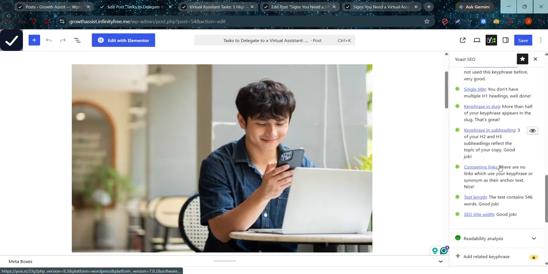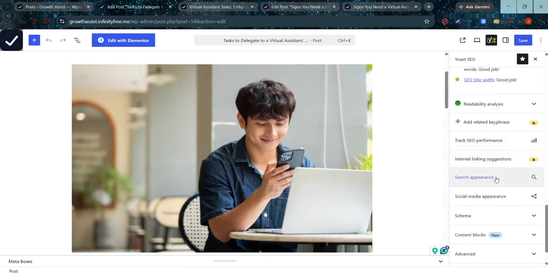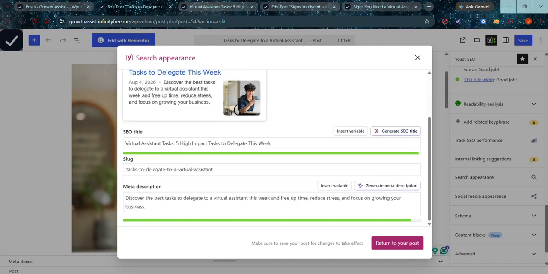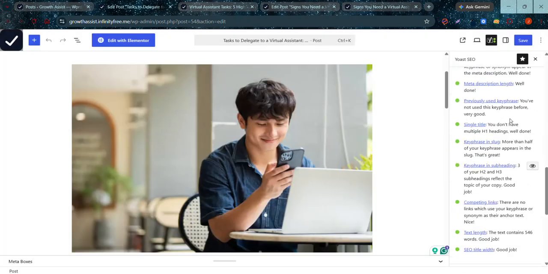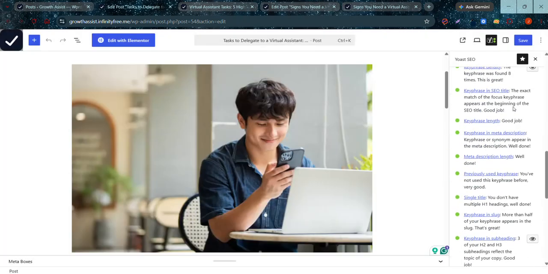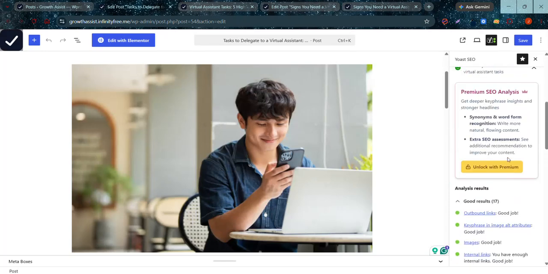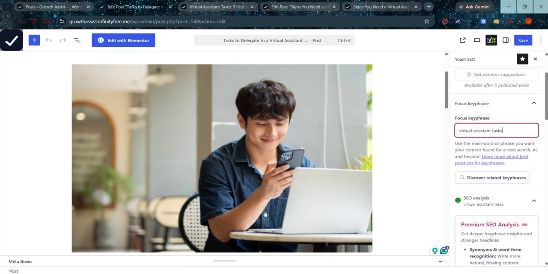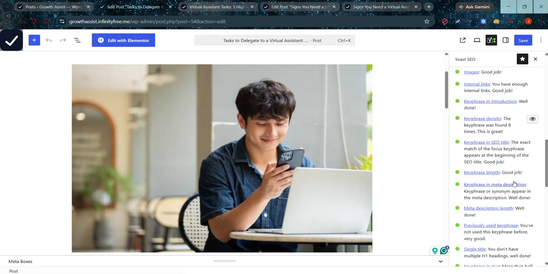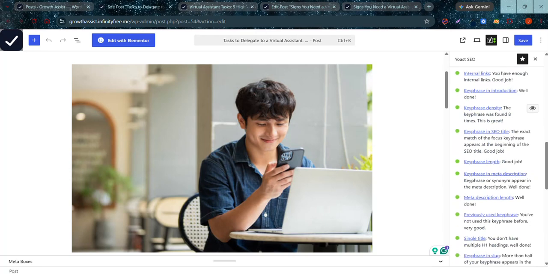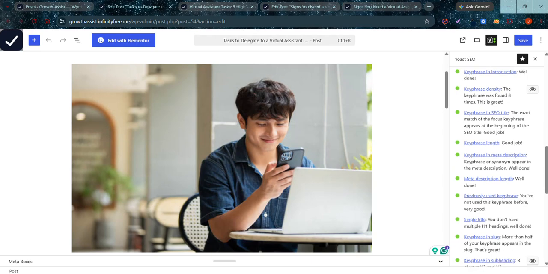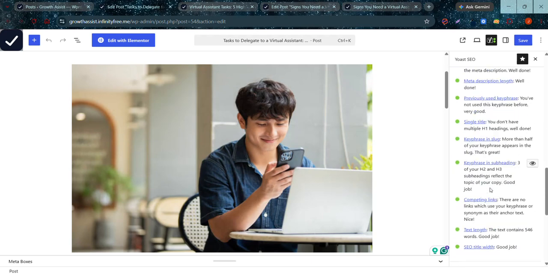In order to find that, you go to search appearance, and here you can edit and rename the title, also the slug and the meta description. Going back, the SEO title, like I said, the key phrase length, which you'll find here when you put the focus key phrase, the key phrase and meta description, which I've shown earlier, meta description length, and all others.